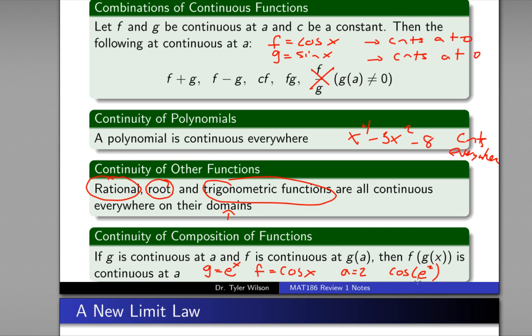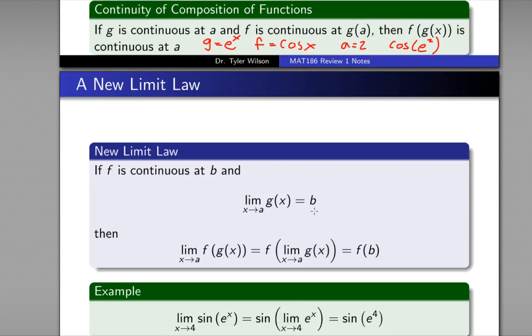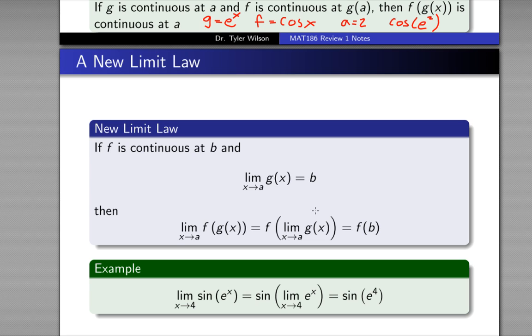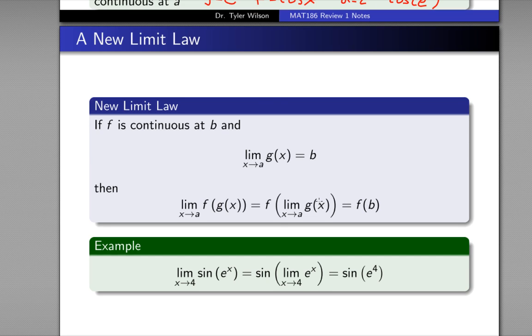This new hybrid function that you've made by plugging e to the power of x into cos x is also continuous at that point. Okay, and that gives us a new limit law. If we know that f is continuous at b, and the limit as x goes to a of g of x is equal to b, then